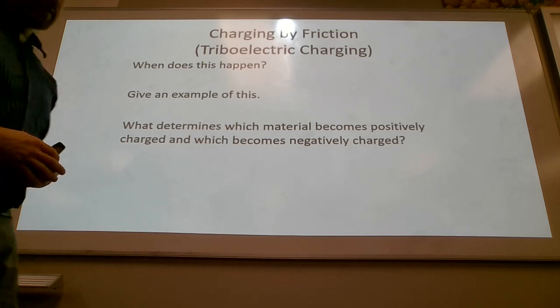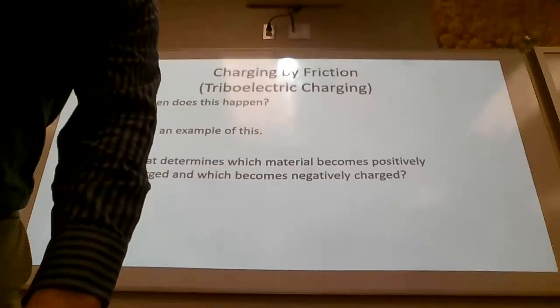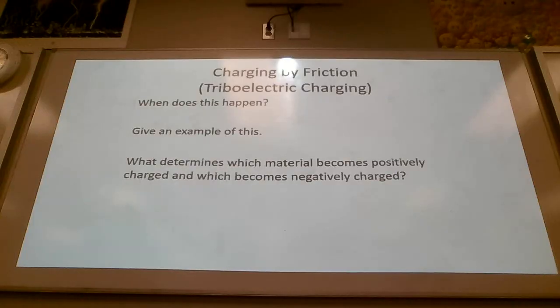All right, so we're going to look at three different ways things can become charged. So charging by friction. This is what you've probably been exposed to the most in real life. So think of times where you've been shocked, not like sticking a fork in an outlet shocked, but